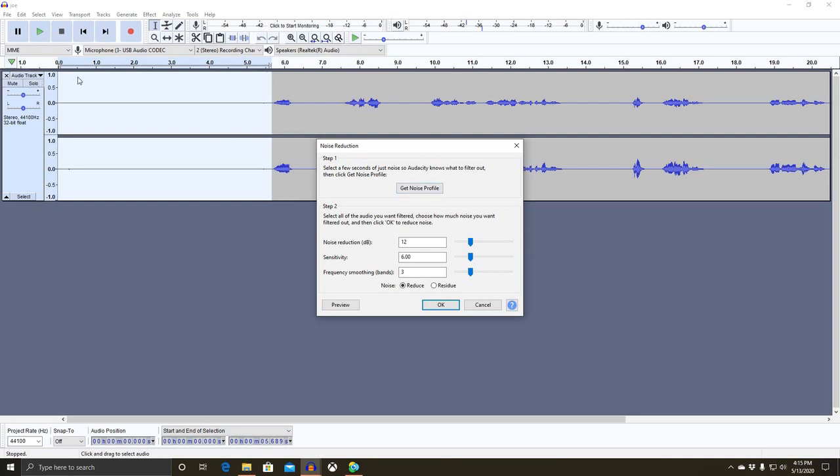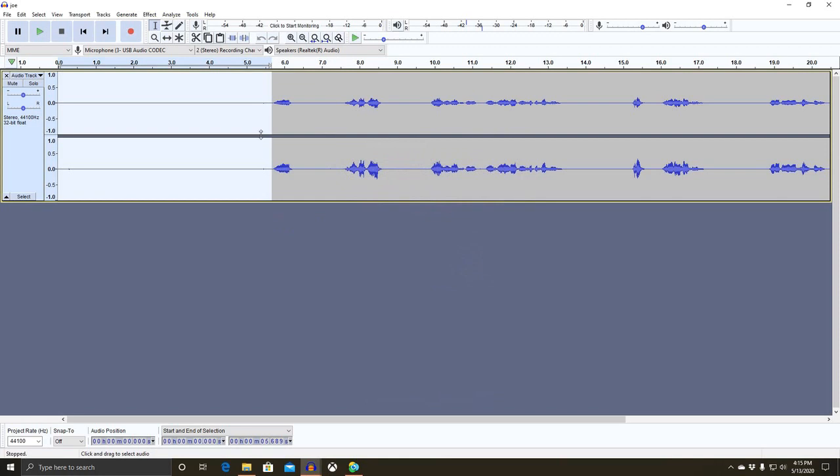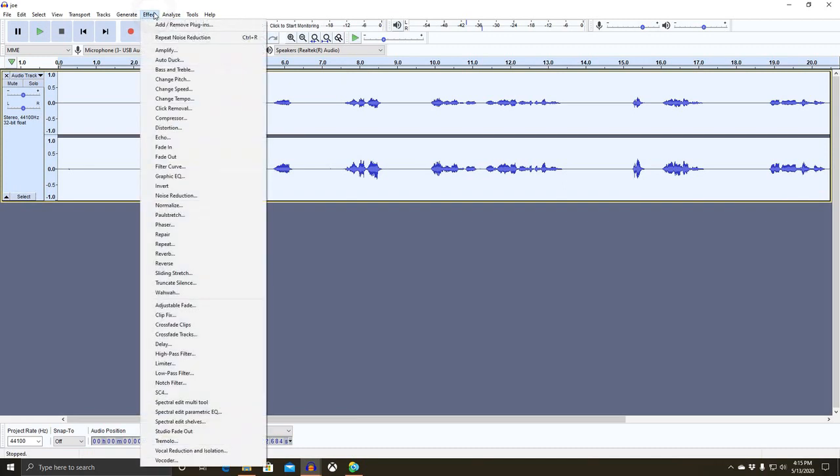So now that we've got it painted over, step 1 is we press Get Noise Profile. That is telling the computer that this is all noise. We don't want that there. Then, once we've done that, we want to apply that new filter that we've created to the whole track. So we're going to go down here and press Select, and that's going to select the whole thing. You see how it's all white now. And then we're going to go back to Effect,